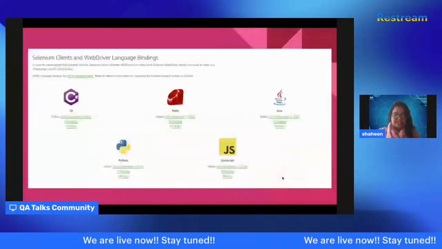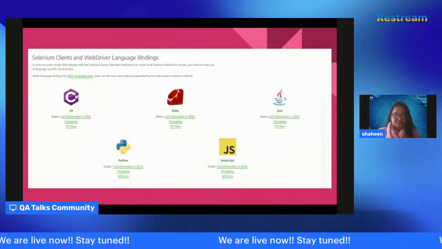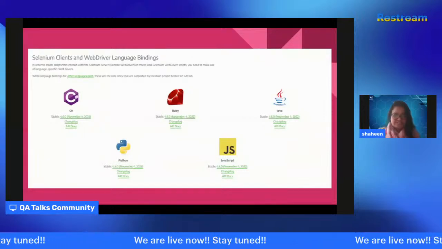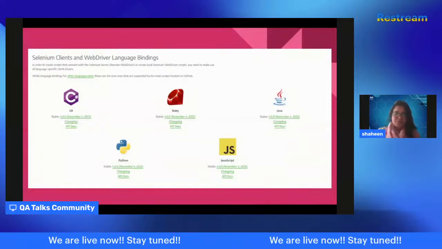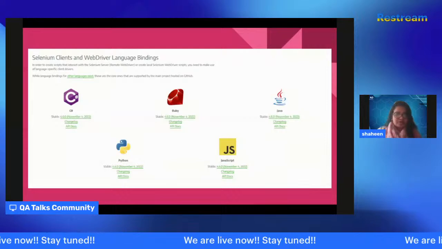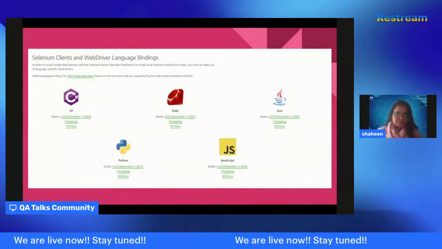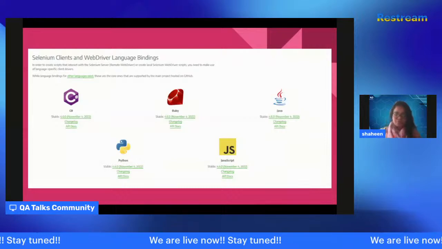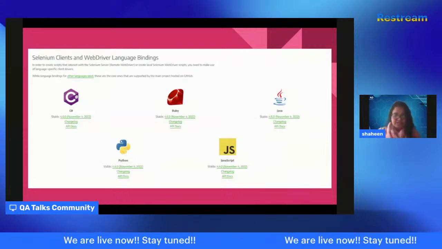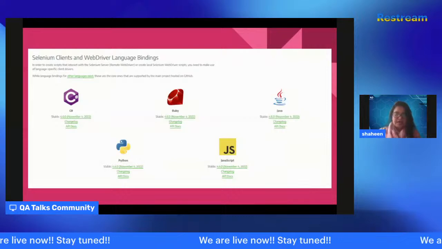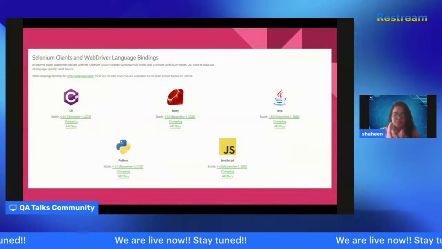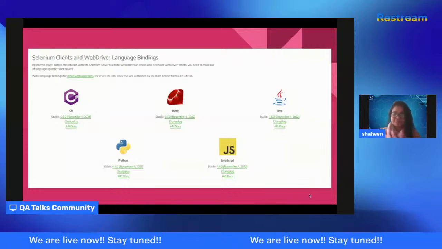Selenium clients and WebDriver language bindings. C Sharp, the stable version is again 4.6.0. The stable version for Ruby is 4.6.0. The stable version for Java is 4.6.0. And Python is 4.6.0. And JavaScript 4.6.0. Moving on,